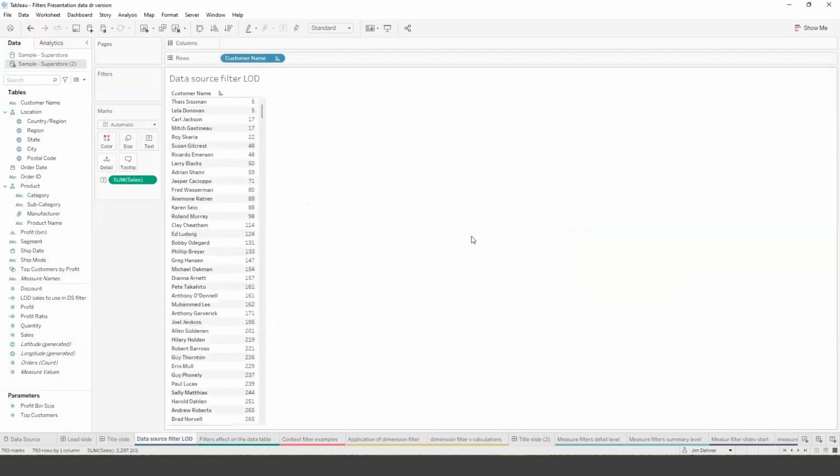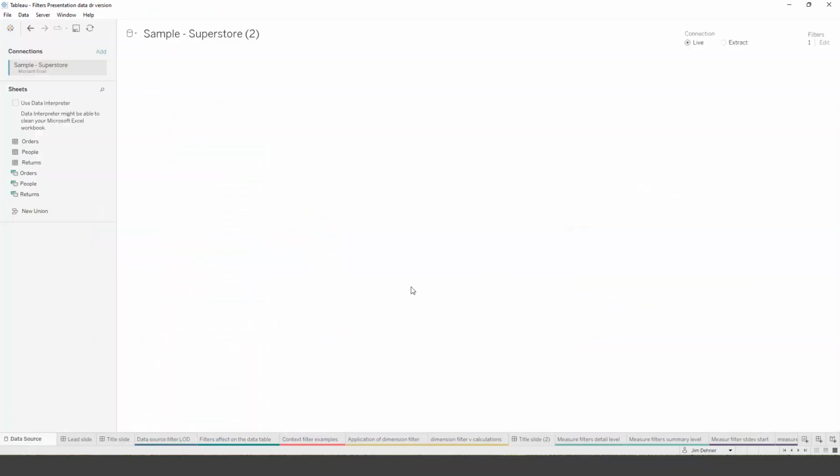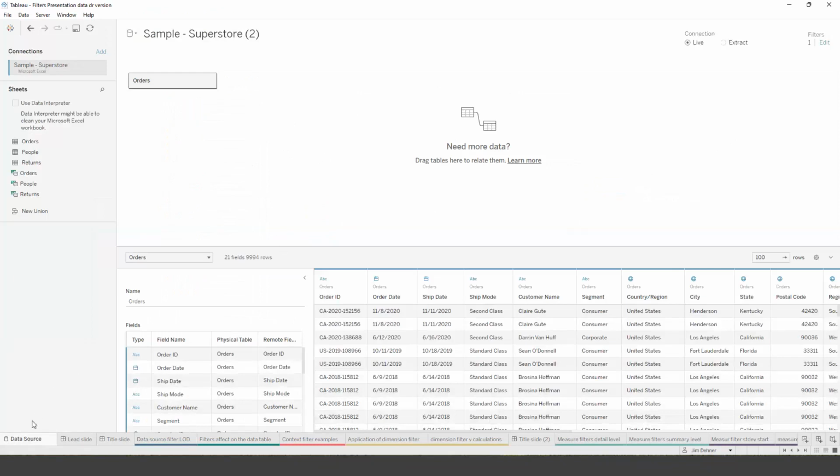We're going to start with data source filters. And I'm going to use the Superstore data set throughout here because it's a data set that's available to you also. And I want to start first by just listing the customer names and their sales value. And now I want to come over and apply some data source filters because I don't want all that data in there. Come to the data source tab, and to apply the filter, we can come up here and